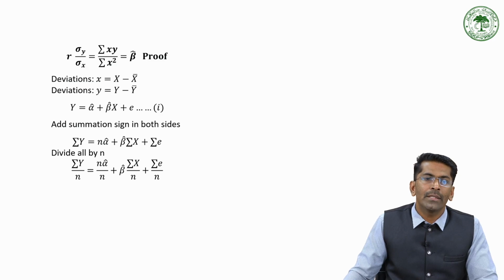See, what do we mean by sum of y divided by n? This is nothing but y bar, the mean value. So y bar is equal to alpha hat, as n will be cancelled out, plus beta hat into sum of x divided by n, which is nothing but x bar, the mean value of x. And if you sum up the error term, it will become 0. Okay. So the second equation I am denoting here is y bar is equal to alpha hat plus beta